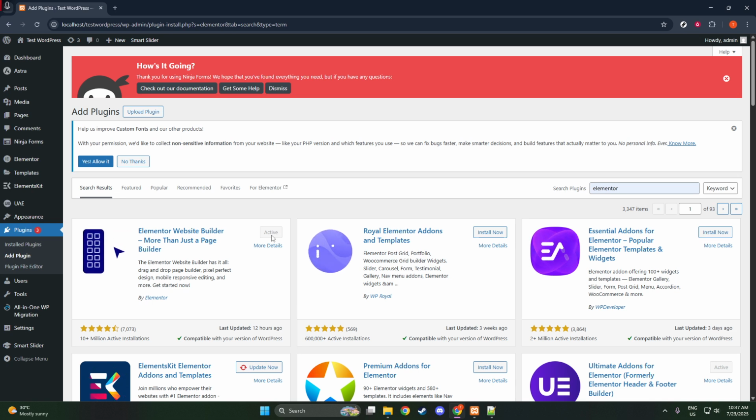To do so, head over to any page or post you've created or are about to create on your WordPress site. Once you open a page or post, you'll notice a new button that wasn't there before. This button will say Edit with Elementor. This is your gateway to a more dynamic design process, allowing you to visually craft your web pages with ease